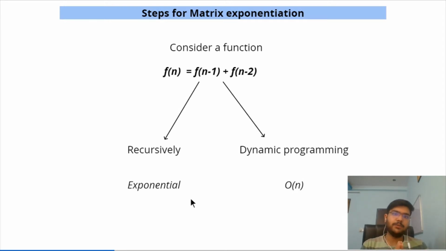So earlier we have two approaches to solving this problem. The first is recursive: we make two recursive calls to the same function, n minus 1 and n minus 2, and set up the base conditions. This approach has exponential time complexity. The second is a dynamic programming approach, in which we form an array, store the base values, and calculate each present value as the sum of the two previous values. This takes order of n time to solve the problem.